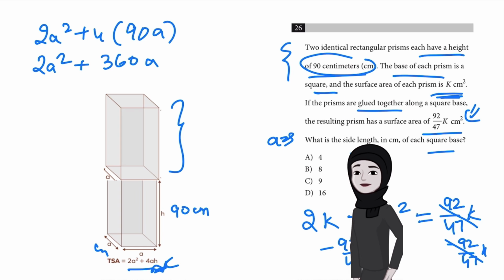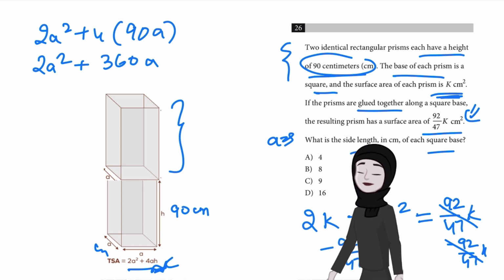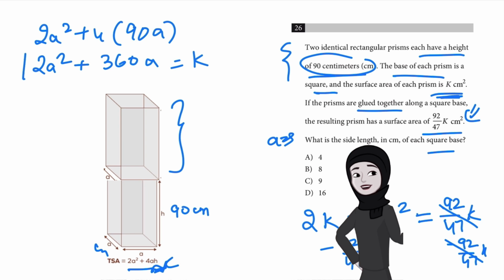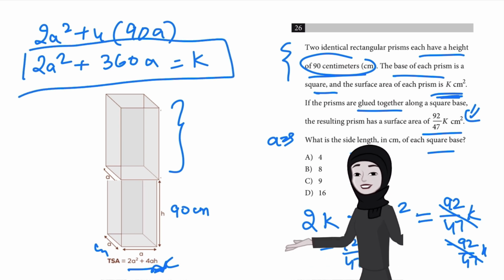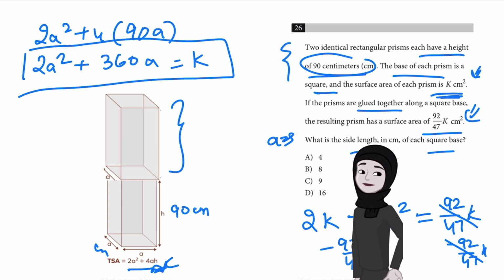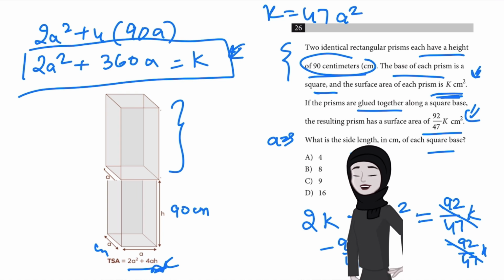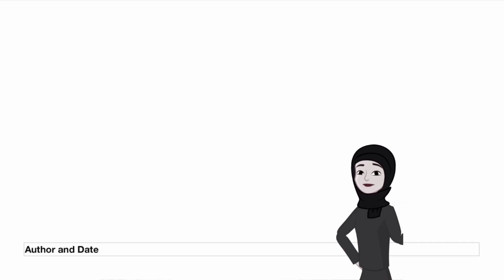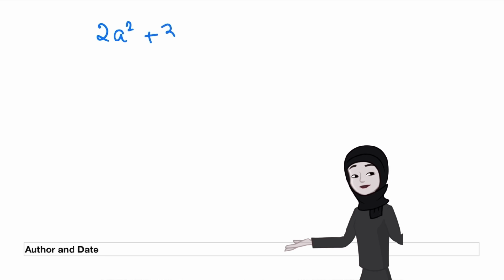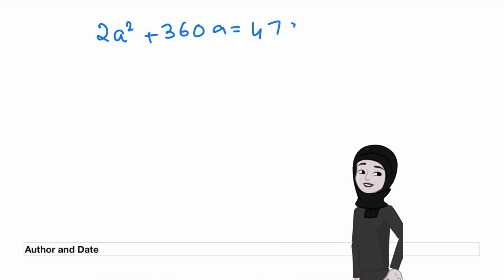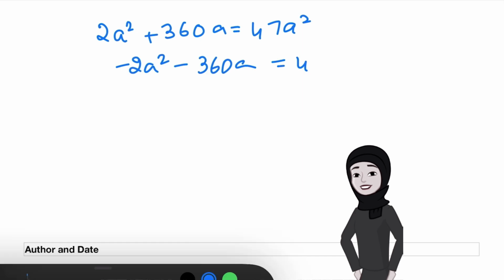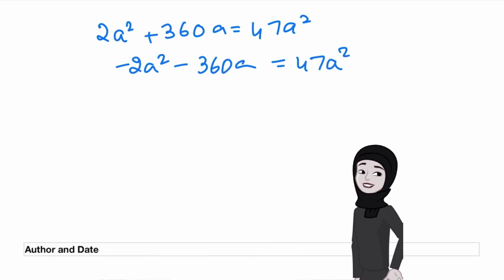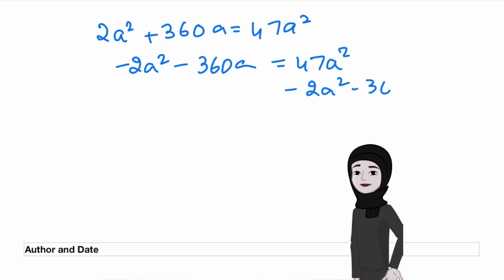Now substituting this expression for k in the equation. If I write it in terms of k, I am calculating the area of one of these rectangular prisms. 2a squared plus 360a is equal to k. Now we know that we solved for k in terms of a. We know that k was equal to 47a squared. Now if I replace this, I will get one equation which is 2a squared plus 360a is equal to 47a squared. So if I subtract 2a squared and 360a on both sides, I will have